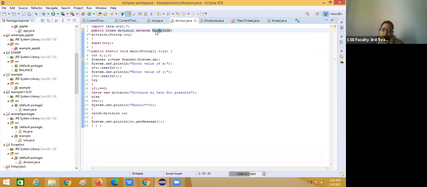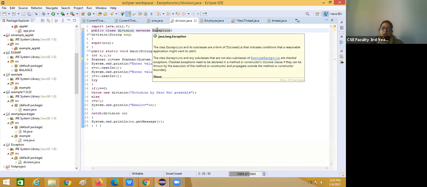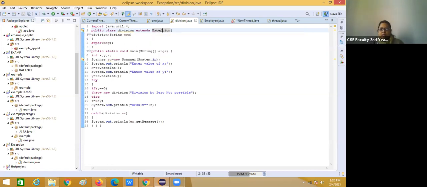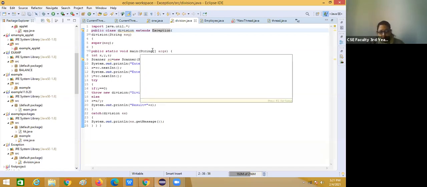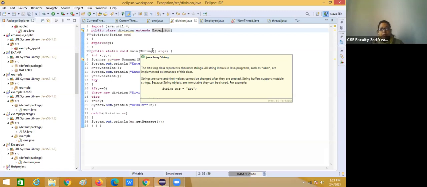So in Java exception, here is a class, and here is the interface. We can implement, we can extend exception. So in this exception, what happened? Whatever the runtime error you have in your program, this program can be handled by this exception.